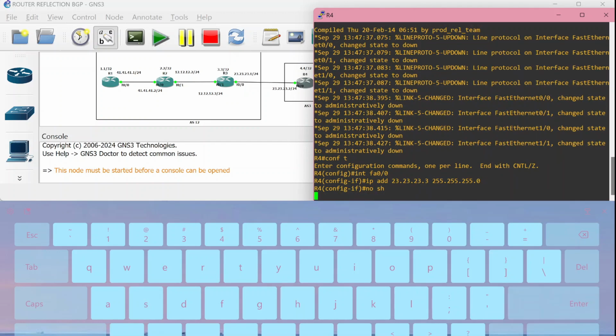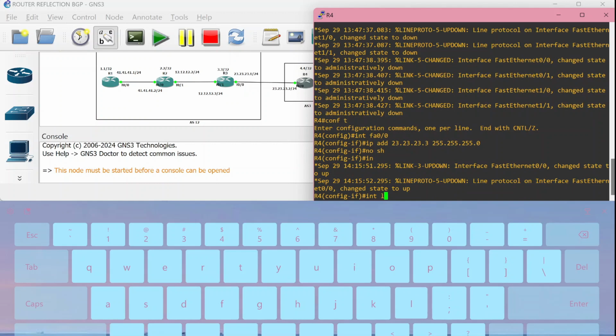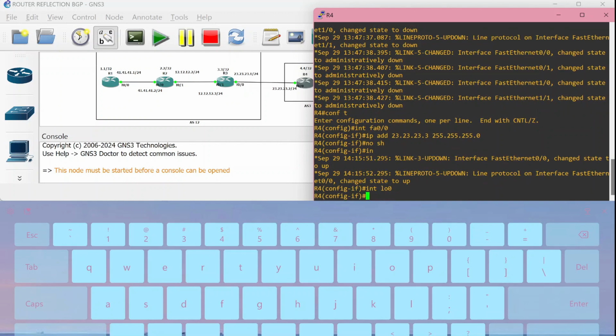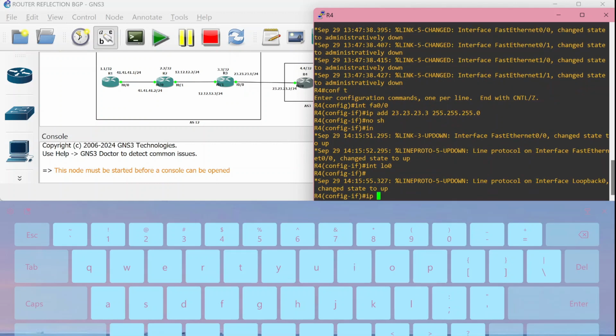Okay guys, you can wait. Don't forget no shutdown, because no shutdown is important to turn on the port. Okay guys, like that. And make the IP loopback 4.4, because this is router number 4.